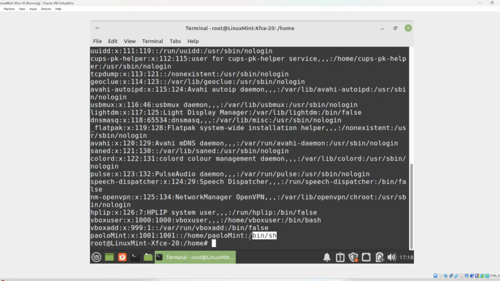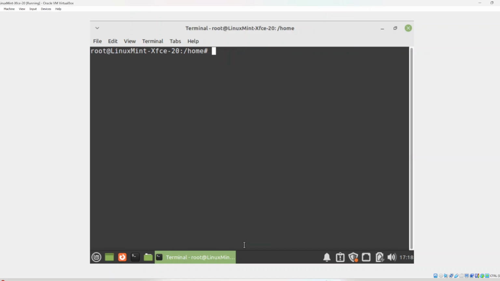For this user, as you see, the user has the sh shell. I want to update it to the bash shell command line. Instead, this one has sh, which is the basic one, and there are some limitations on this shell. The bash shell allows you to switch from one command to the other that you previously typed using the arrow key. Instead, if I now switch to this user,